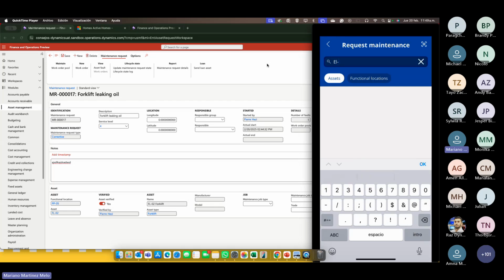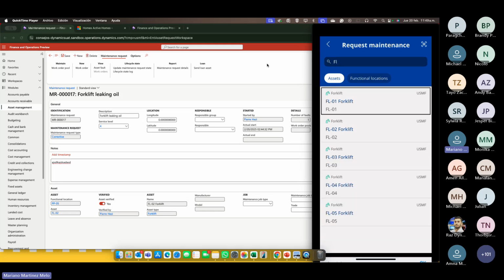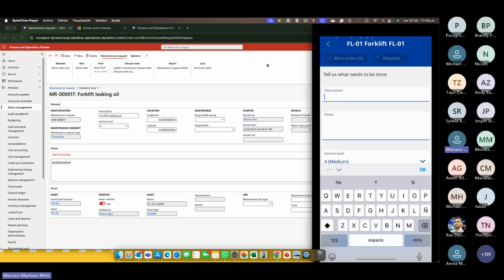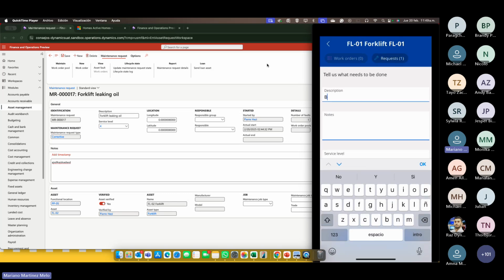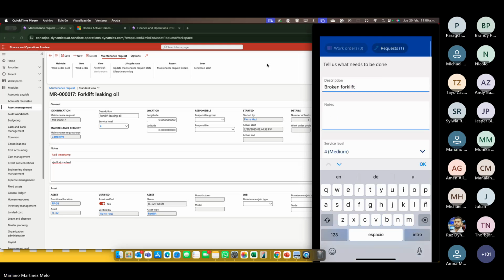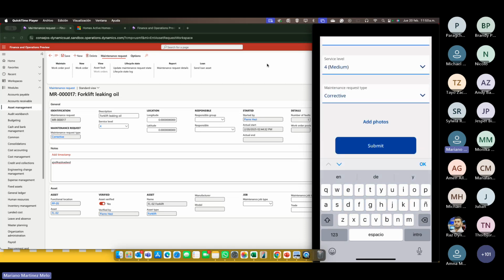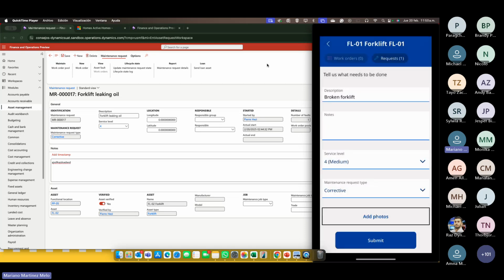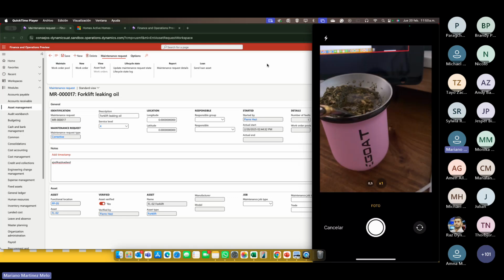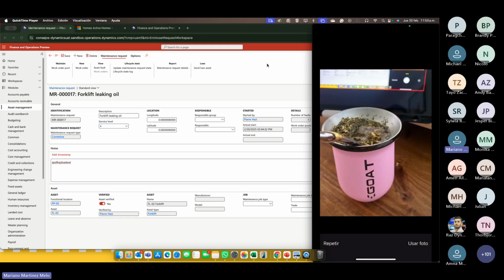For example, FL. This is one forklift. We're going to select it here, and it's going to ask me for information. Okay, the description is broken forklift. We can populate, create notes, say the same thing, and we can add some photos from the app. We're going to take this photo. We're going to use it,